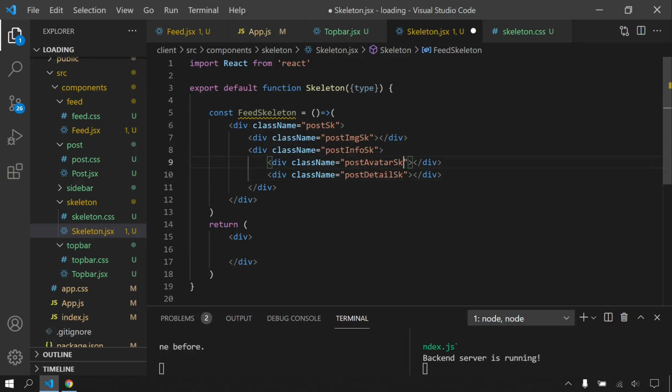Actually we can write these skeletons after post: skeleton image, post skeleton info, avatar and detail.